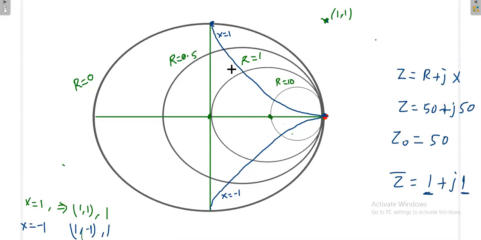We have to move on this. Now if I have to mention this point on the Smith chart, r has to be 1, x has to be 1 after normalization. We should always look after normalization. Then where will I denote the point? I will denote my point here, because at that point r is 1 and x is 1. So like this I can point out any point on the Smith chart. Understood? Any load impedance, any impedance I can point out in the Smith chart. That's the idea of the Smith chart, sir.